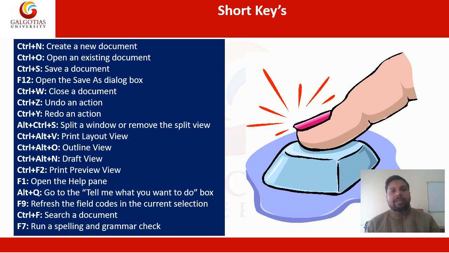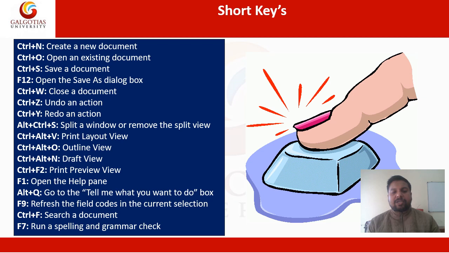Okay, so these are some basic keys, and you can also understand three more keys: Control X, Control C and Control V. These three keys are basically used. Control X is for cut, if you want to cut any text. Control C, if you want to copy any text. Control V, if you want to paste any text which you already cut or copied from somewhere, you can use Control V to paste it.